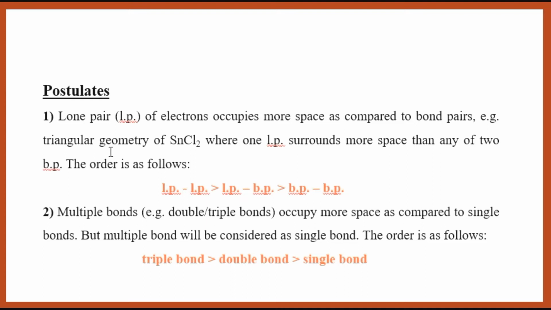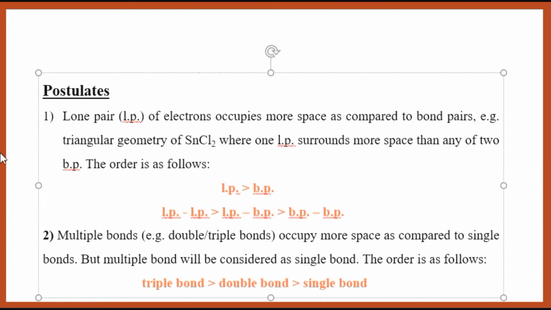For example, in the case of triangular geometry of selenium dichloride, where one lone pair surrounds more space than any of the two bond pairs. So here, the first postulate in fact tells us the information about the space that has been occupied by a lone pair as compared to that of the bond pair. So, one lone pair of the electrons would occupy more space as compared to the space that is occupied by